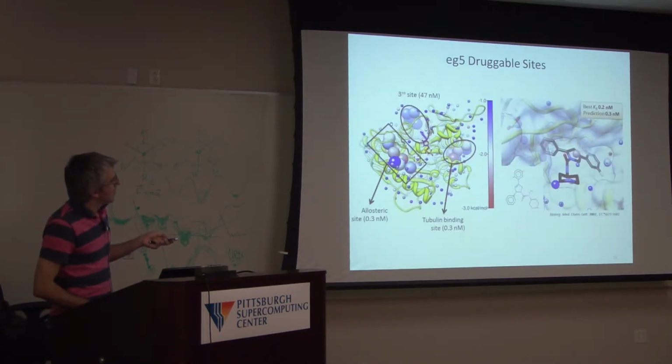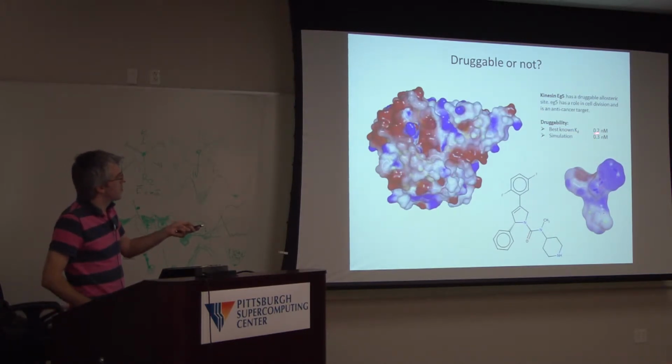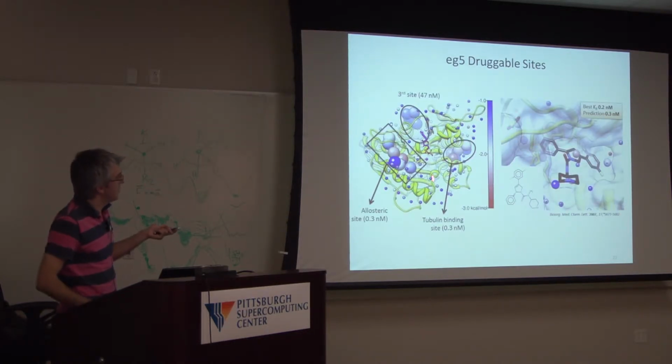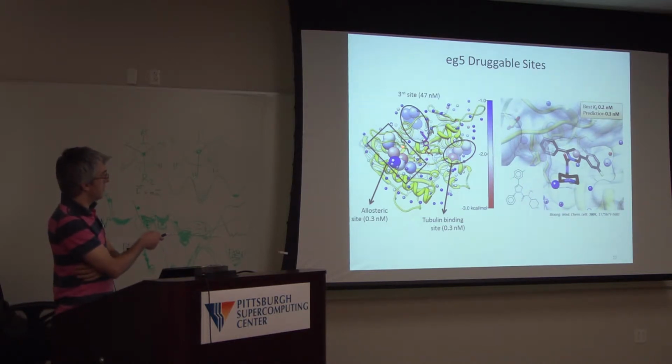And the best known affinity for a drug is 0.2 nanomolar for this site, and the method I showed you predicted it to be 0.3 nanomolar. It's a close prediction. And you see that site here, in the protein, in more detail, and the allosteric site here in more detail. Now in this figure, some of these spheres are pro-binding sites, and some of them are made larger. If you see a group of spheres that are larger, it corresponds to a druggable site, a prediction indicating that it's druggable. So here the simulation method predicts the